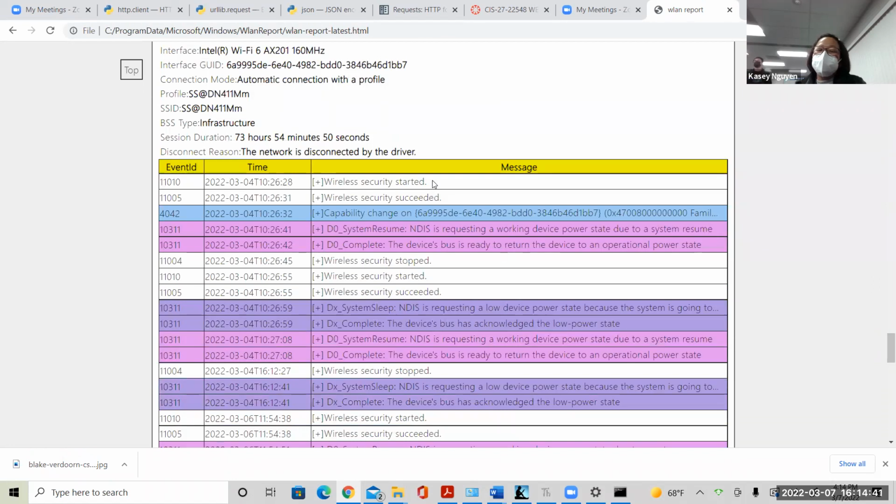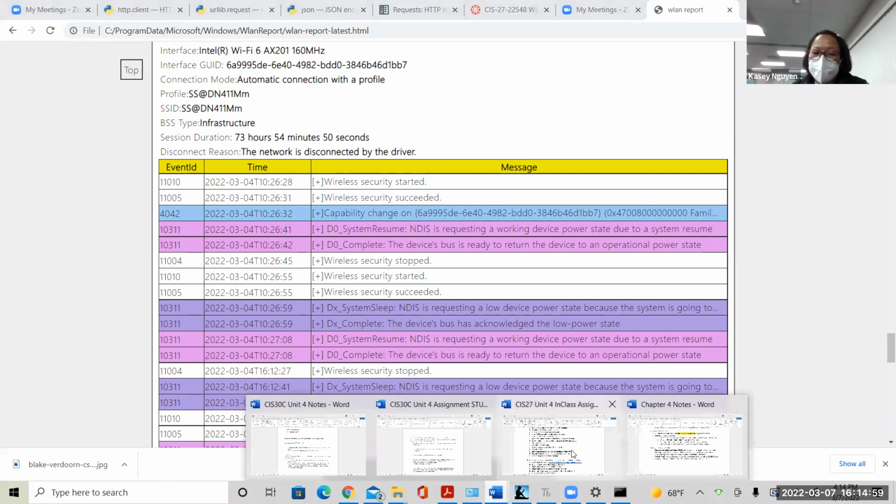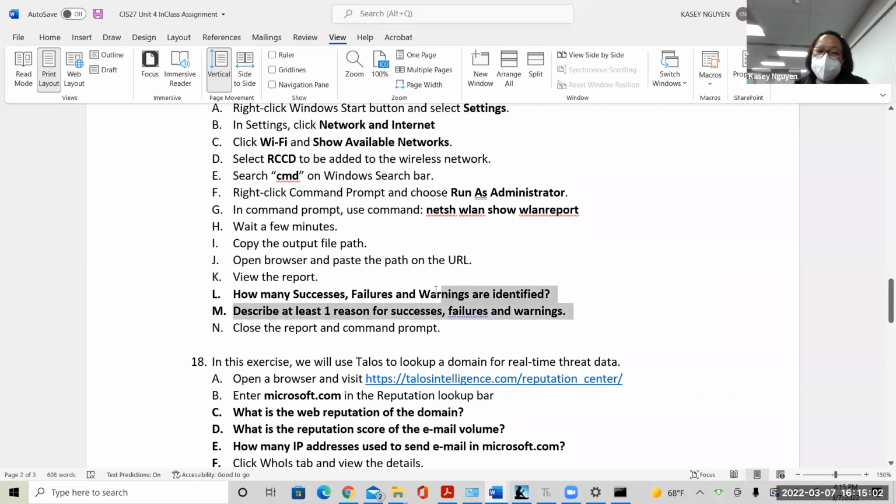Now, if you go down a little further, it actually gives you the event ID and the information related to that. Okay. So if you do this at home on your home computer, you would see something a little different as far as data goes. Okay, and the report. So after I had identified that, right, I put down the answer, how many failures or successes I recorded, and then what's the description for that. So type up your answer. Any question regarding number 17? Okay, next we are gonna look at